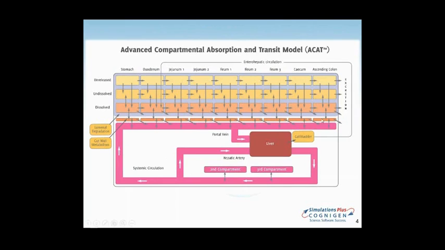So starting with the physiology, and I'm sure you are all well aware of these aspects, but just as a reminder of what are the aspects of physiology that we need to worry about when we are trying to go into the pediatric predictions. So we are looking, of course, at the scaling of the entire physiology in terms of individual tissue sizes, blood flows, and so on. But in addition to that, we also need to worry about scaling of the intestinal physiology.